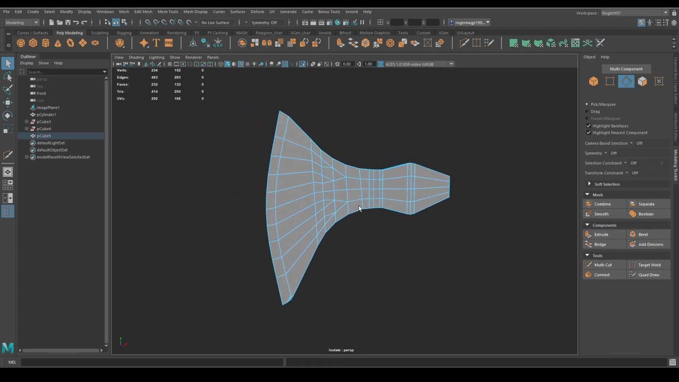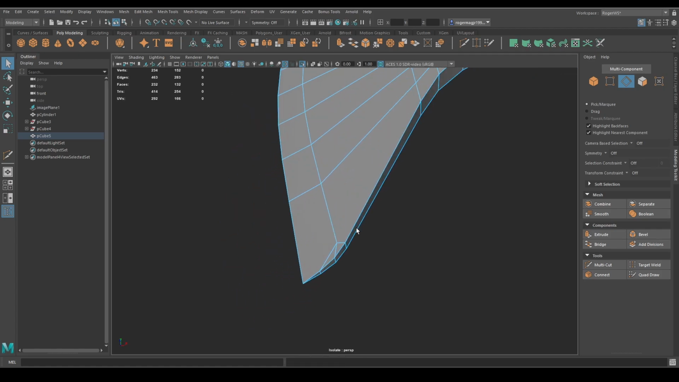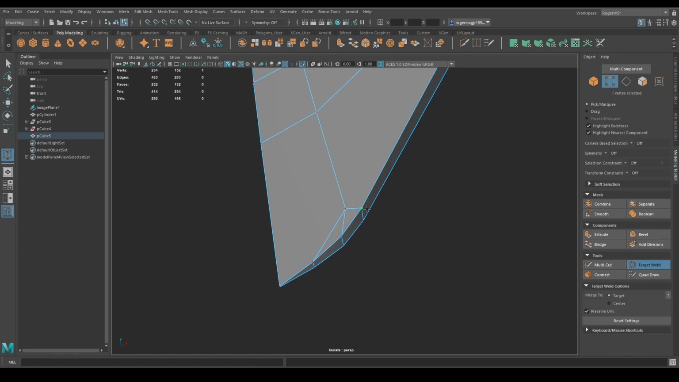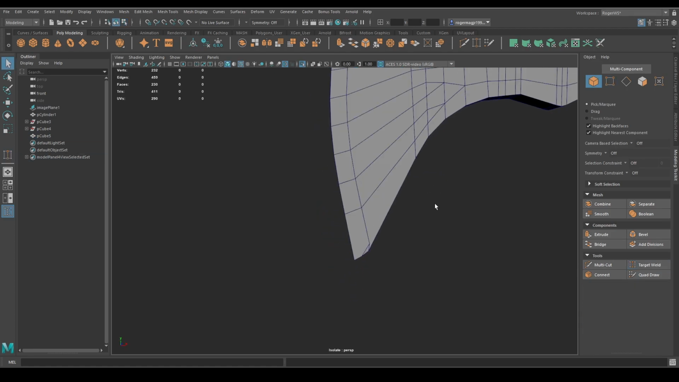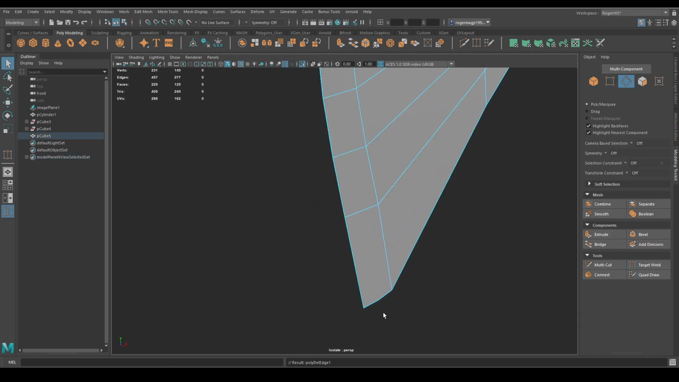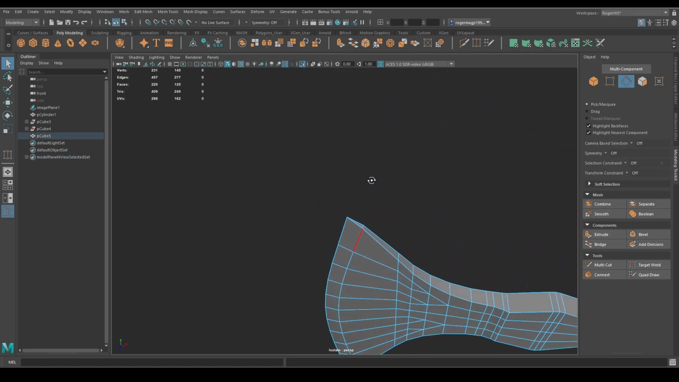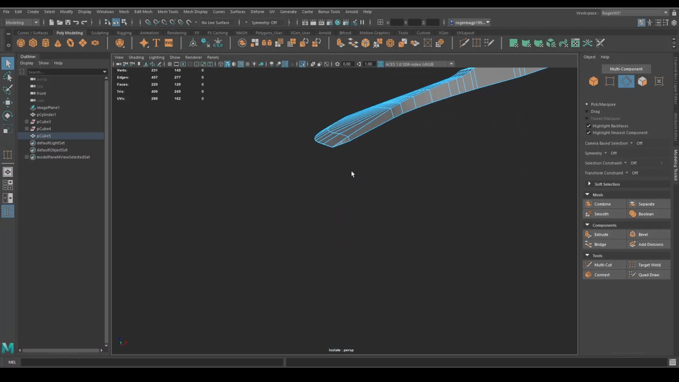Okay, so now we have this. So I wanted to merge this here because I don't think it's that round. It's more like a sharp. Let's see. Okay, I cannot find. And let's delete this. Okay, so